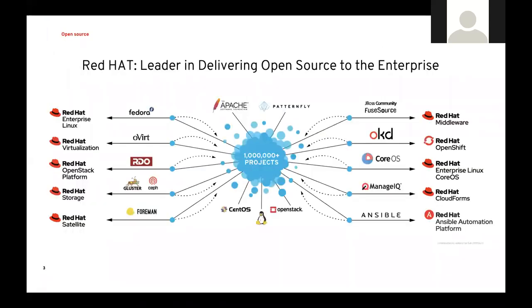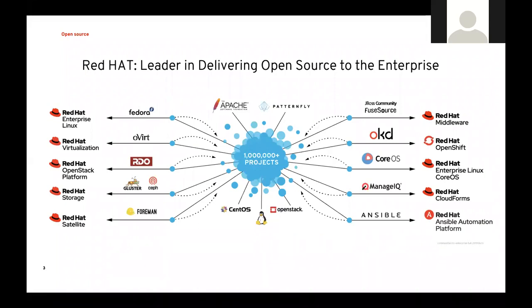So let's discuss how Red Hat operates in the open source. As you can see here in the middle, we have the world of open source built with over 1 million open source projects. This is where the innovation happens. This is where the new ideas, the new projects, the new products are coming in. It's all coming from the open source. So what Red Hat engineers and management do, they go into these open source communities, and we work among these 1 million projects with a few thousand of these open source projects that complement our strategic approach to our customers. And we select the products and projects that really matter to our customers and to the future of IT.